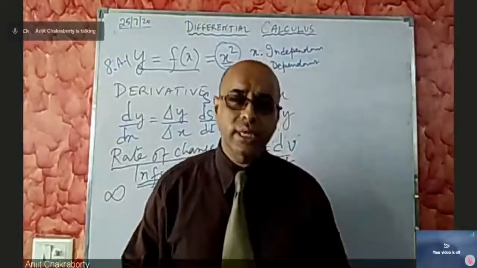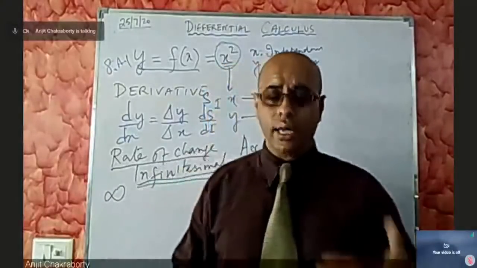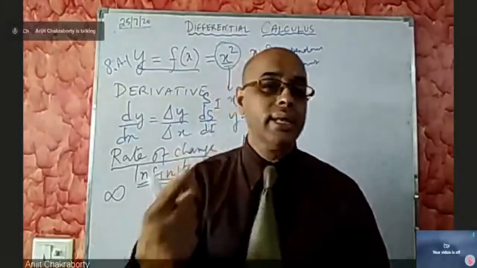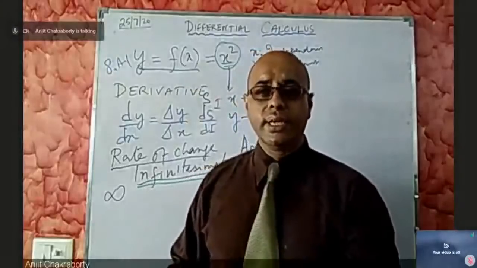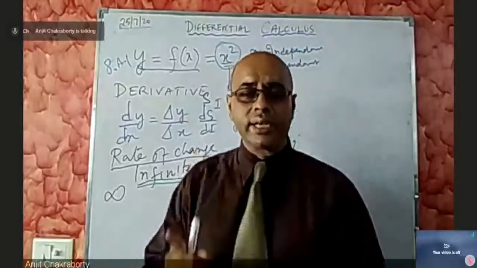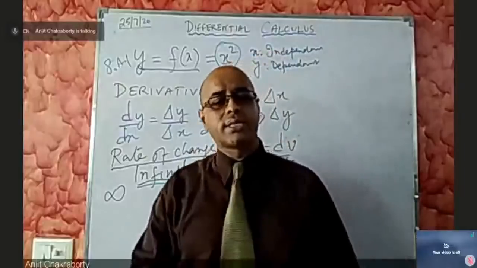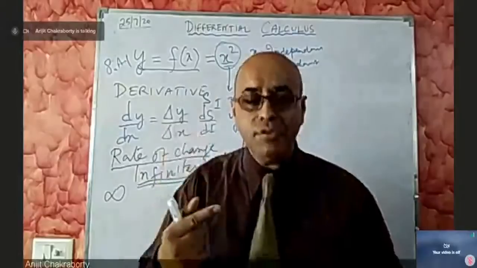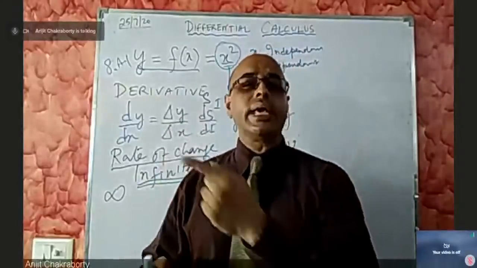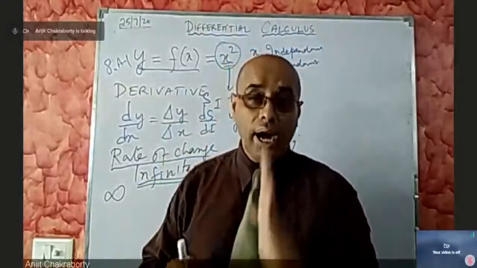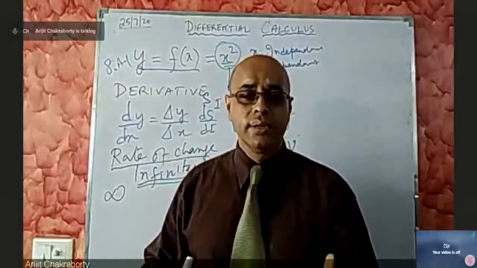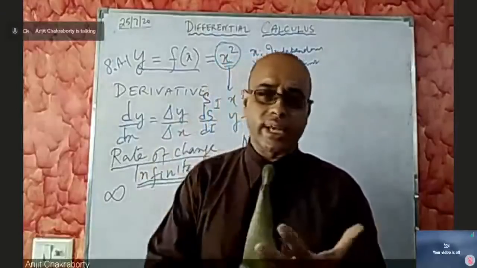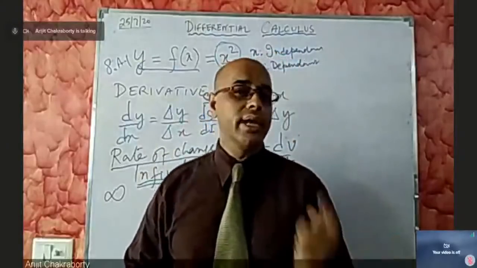But in the first case, the first car starts from 0 and reaches 100 kilometers per hour within 9 seconds. In the second case, it takes 6 seconds. The second car takes 6 seconds to reach 100 kilometers per hour. That means the rate of change of velocity in the case of the second car is higher. It is faster. It achieves 100 kilometers per hour in 6 seconds, whereas the first car takes 9